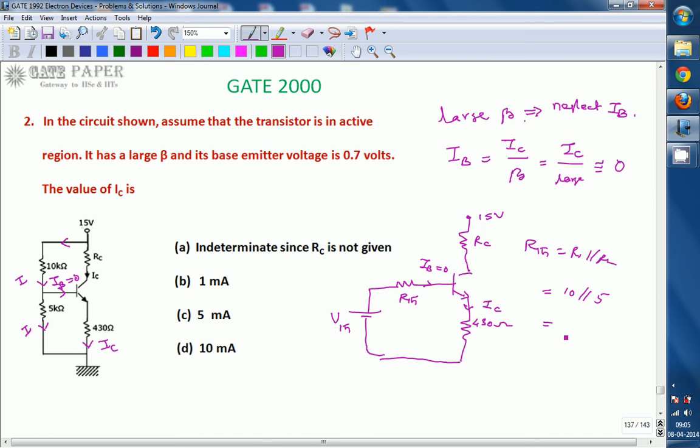So RTH is equal to 3.34 kilo ohms. And apply KVL for this loop. By that time, we have to write the terminal voltage VBE, with plus and minus polarity as marked. So if you write KVL